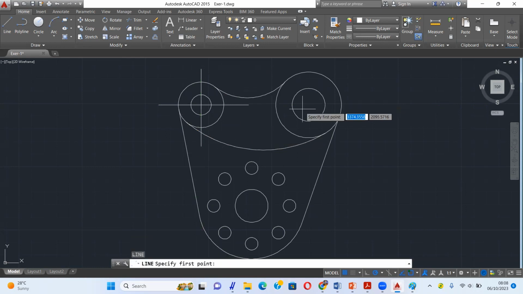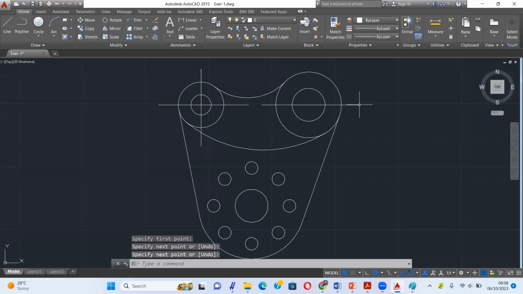And this one, you can start from here to here. From the center, here to here.